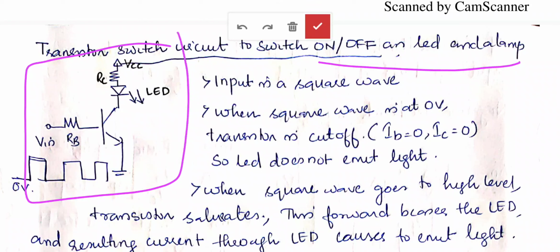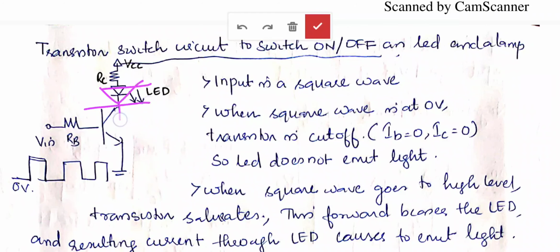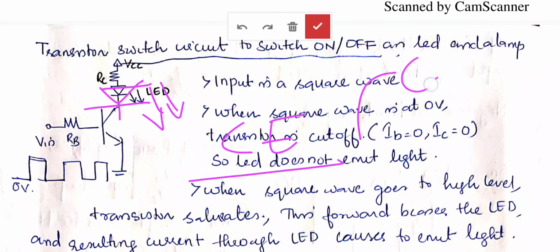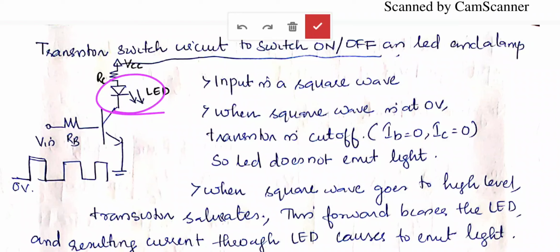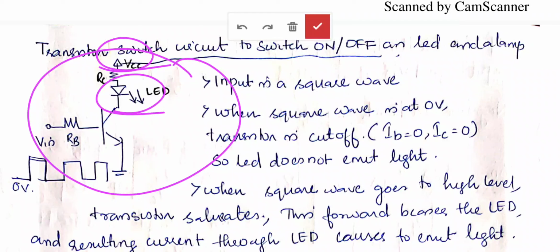So you can see here this is nothing but a transistor circuit. Input is given to the base through the resistor RB, and at the output we have connected the resistor RC, then we have connected the LED here. So the LED is connected at the collector. Since it is a common emitter configuration, output is taken across the collector. Across the collector we have connected the LED lamp, and the operation is controlled by the power supply voltage VCC.